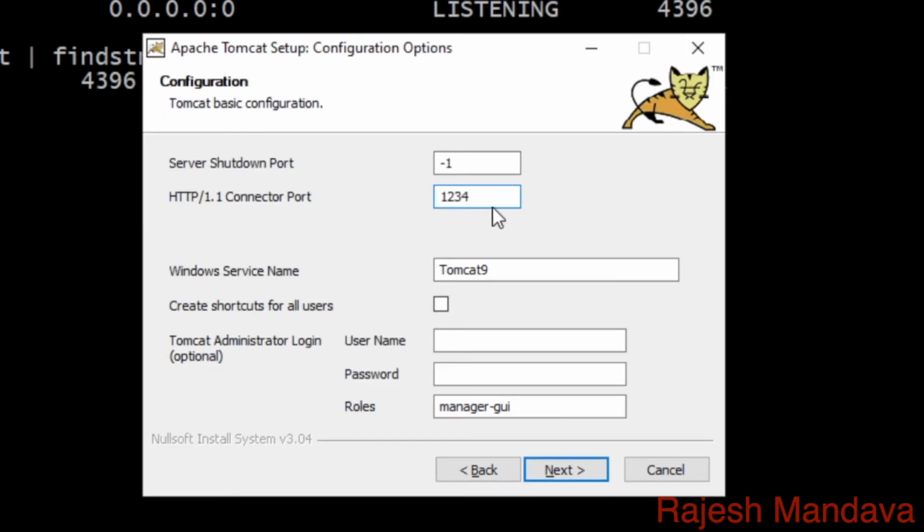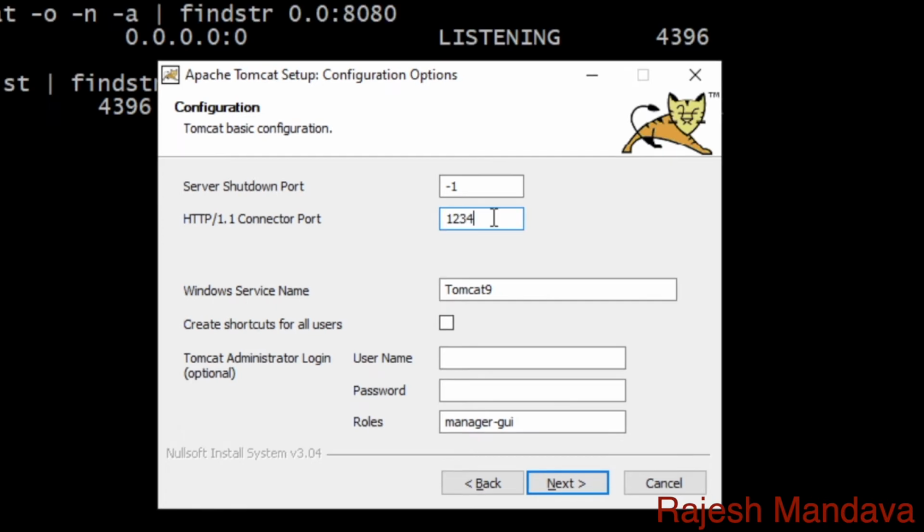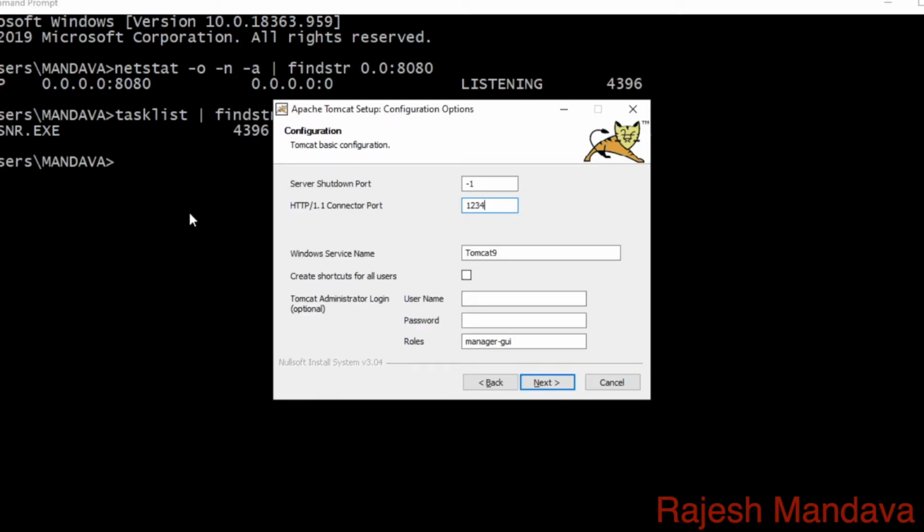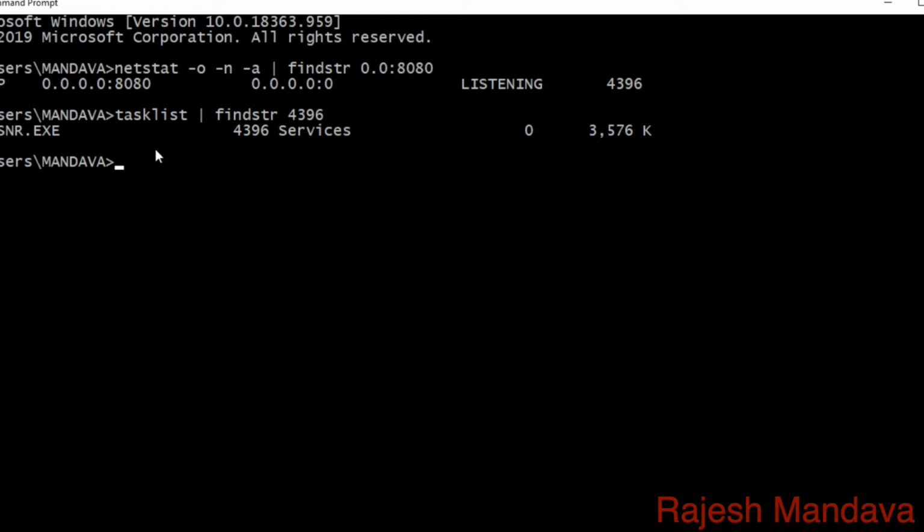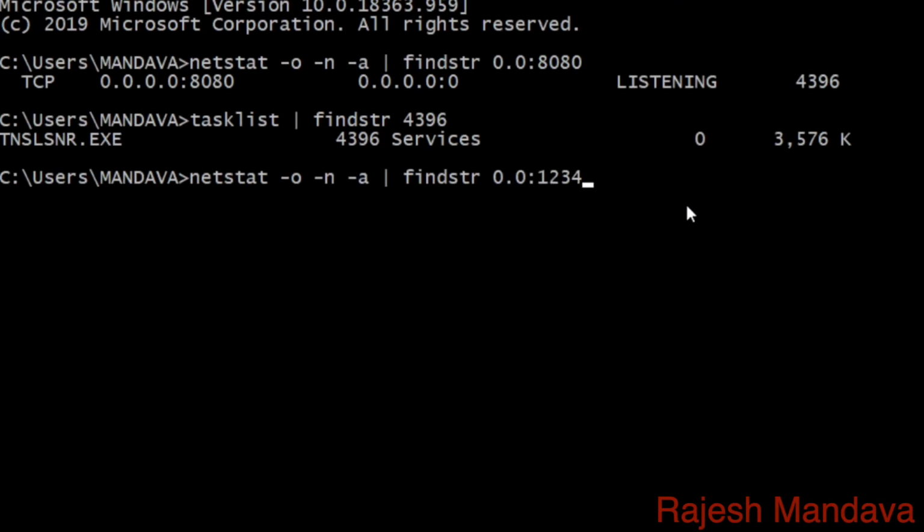Even if you want to check whether it is occupied by some other service or not, you can check it by using the same process. Better don't go below 1024. Those are generally occupied by Windows operating system related services. So I am using 1234. I believe it will be free. Otherwise, if you want, you can check that by specifying 1234 to check whether it is occupied by somebody or not. So it is not showing any list. So that port is free. We can take it for granted.